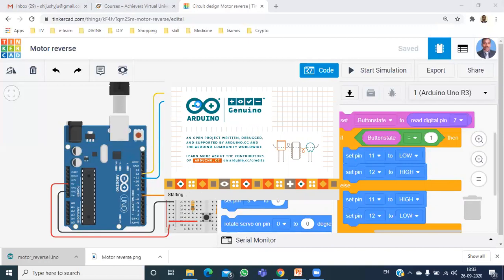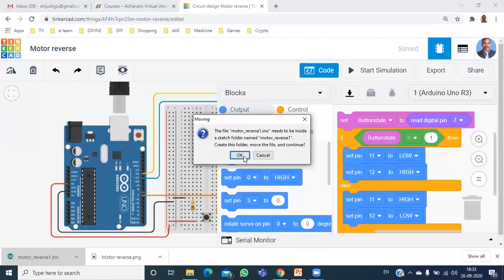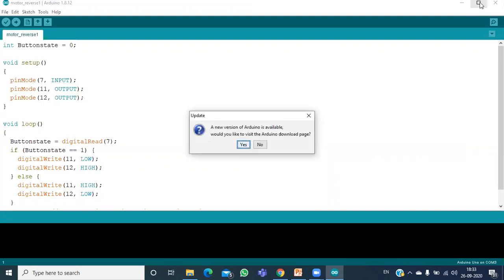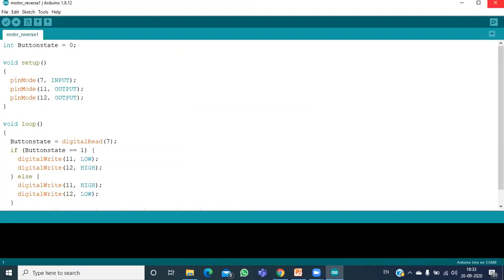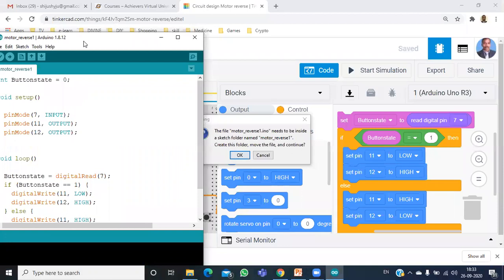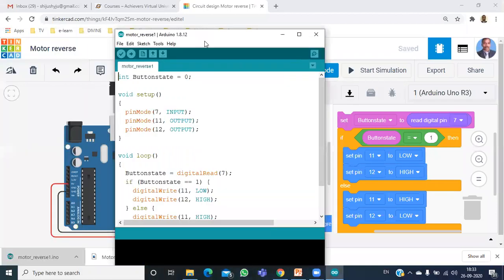So we can have the practical sessions in the next class with that driver IC. See here, I'll minimize this. Here, integer button state is equal to 0.